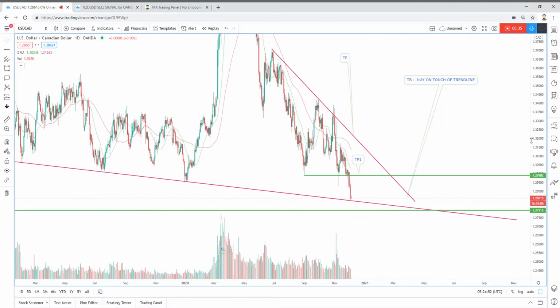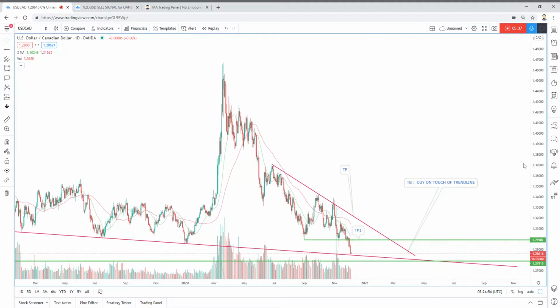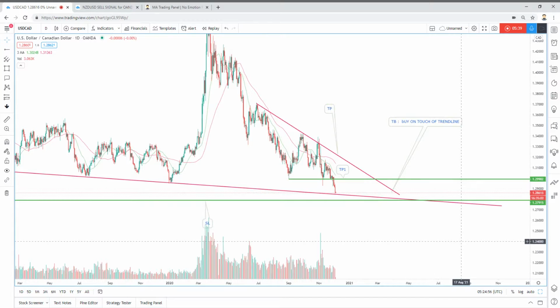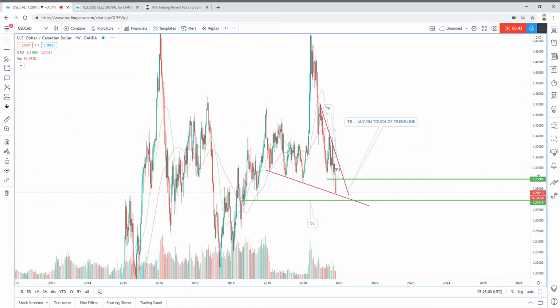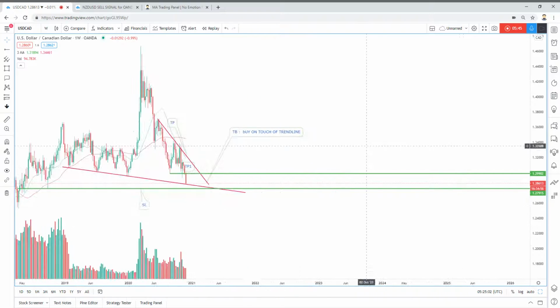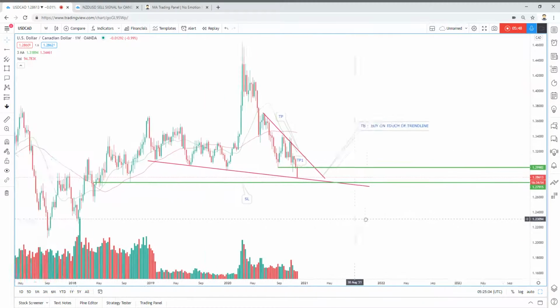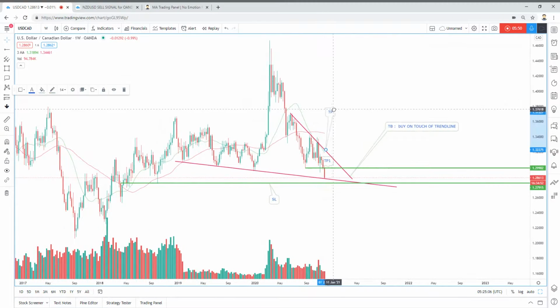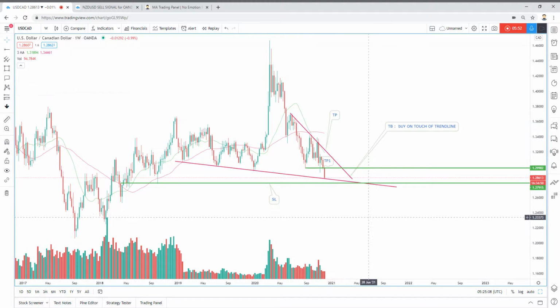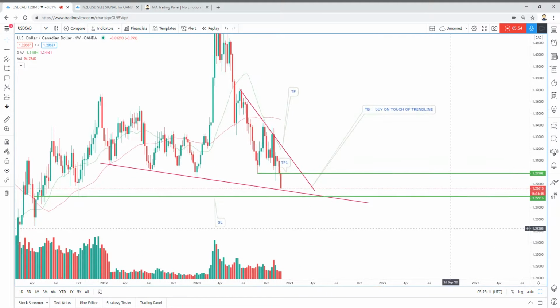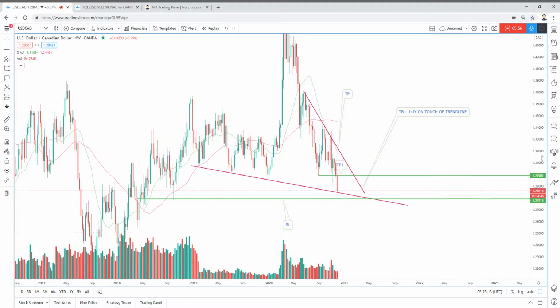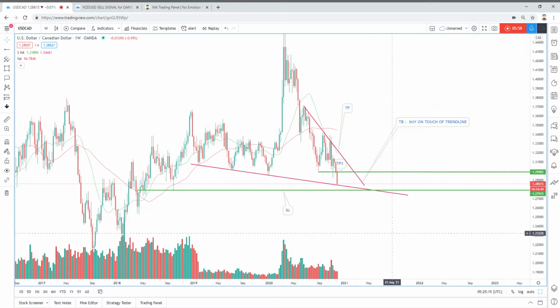Again, this is a technical setup which has a very good probability of working. You can auto trade also. I'm ending this idea on the weekly chart where all trend lines are much clearer. Okay, and let us know what you think about this trade setup.